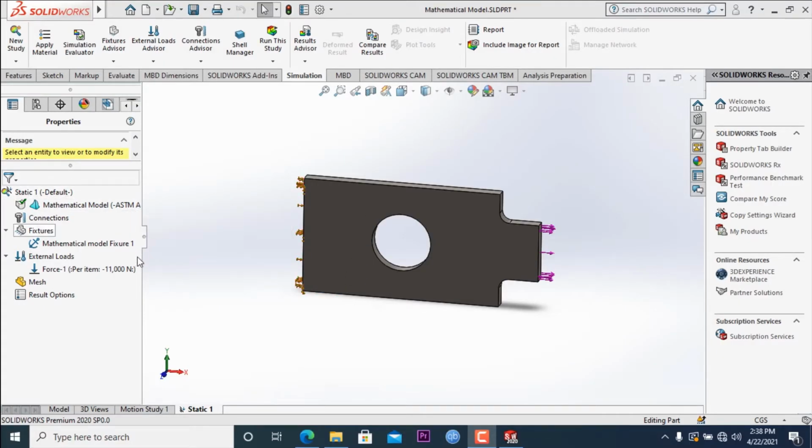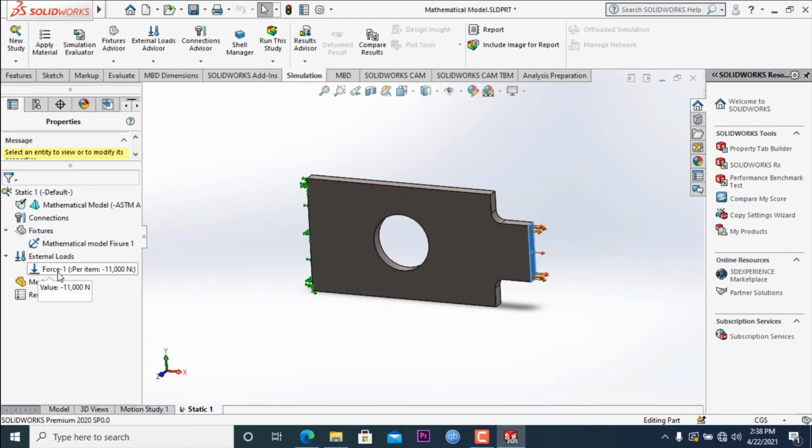Okay, so we have applied the force on this surface right here in our previous lecture. Now we can see the force right here. It is showing the amount of force we applied, 11,000 Newton. So let's now rename this force. To rename it, click pause, then click on this again, and we will name this